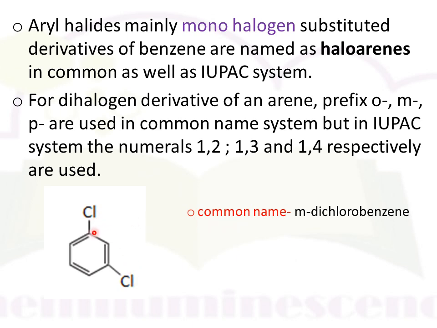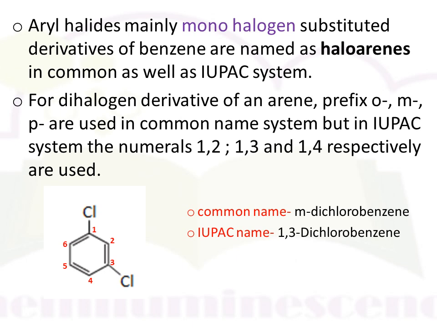In the IUPAC system, you have to number it. So if you consider this carbon as the first, then this one is second, this one is the third. There are certain rules for writing a number also. We'll see this later. So let's see what is the name of this compound in the IUPAC system. If this is 1, this one is 2, this one is 3. So the numbers are 1,3, and that's why the name in the IUPAC system is 1,3-dichlorobenzene. Here are the numbers 1, 2, 3, 4, 5, 6. So these are the certain rules for writing the name of aryl halide or alkyl halide in the IUPAC system.